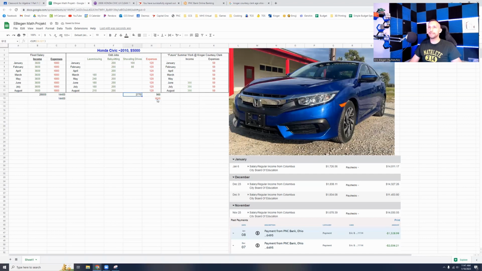Odd jobs will not get us there because we're spending too much money. So that is part of this budgeting project, is think about how much you're making and how much you're spending, and make sure those make sense. Here I'm making double what I'm spending, so I'm able to accumulate $1,400 over the course of those months. Here we're in the green still, but $1,800 over the course of the same number of months. And here I think we're going to be very barely in the green, because we're spending money over the months, we're not making money,